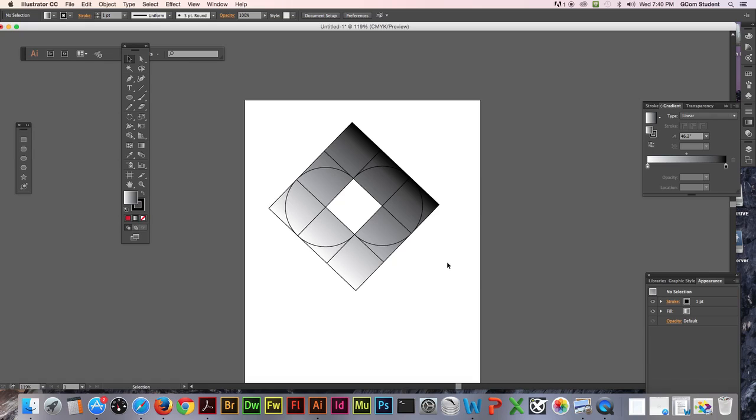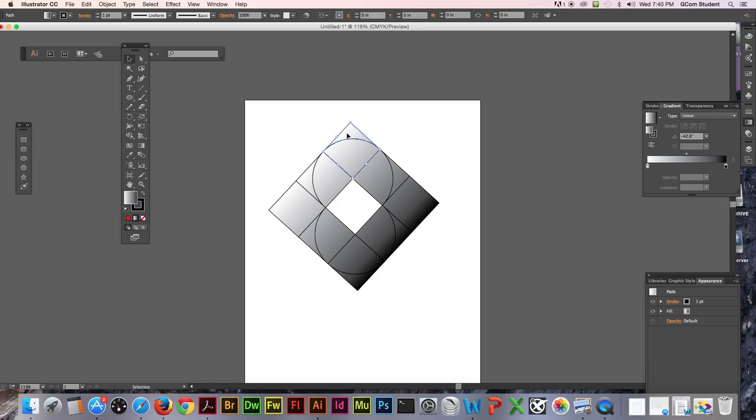Now we're going to start to separate a few pieces from this. Let's go back one more. Next, of course, we're going to start editing a few shapes out. First, we're actually going to delete this corner,